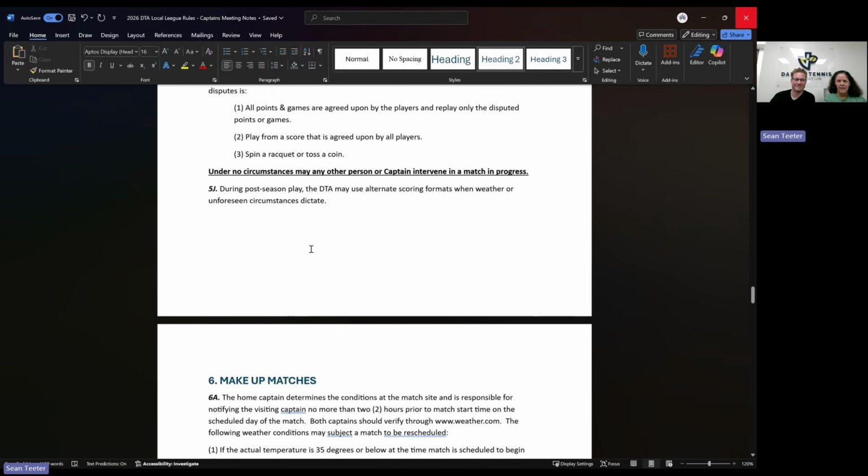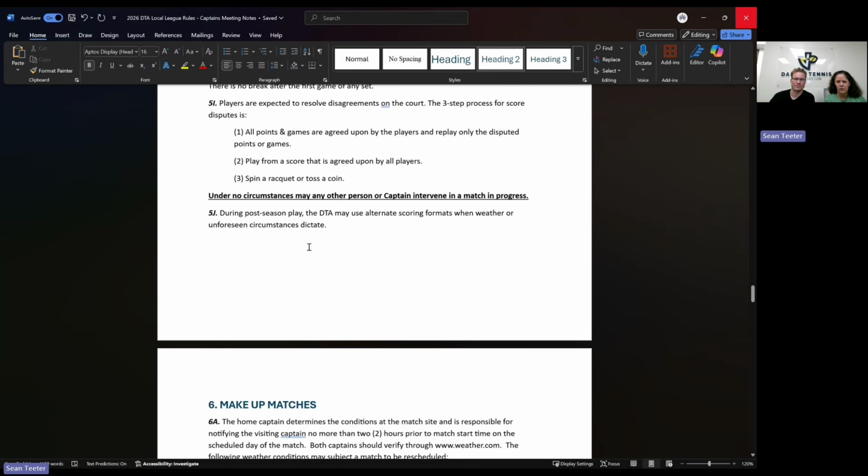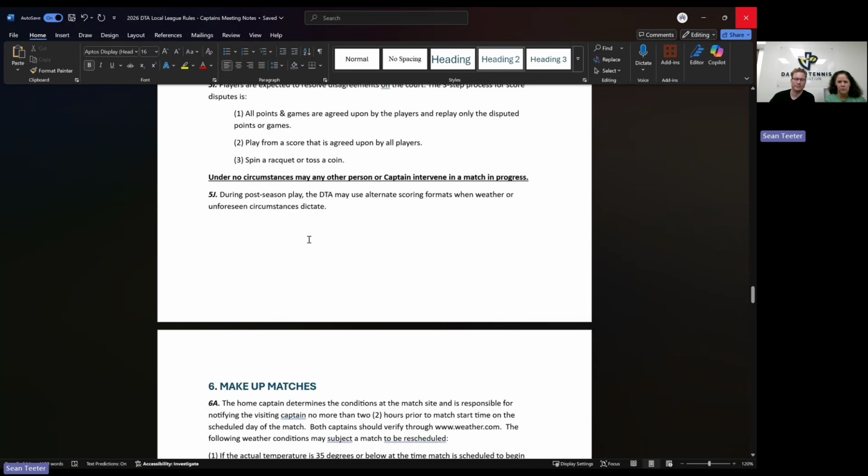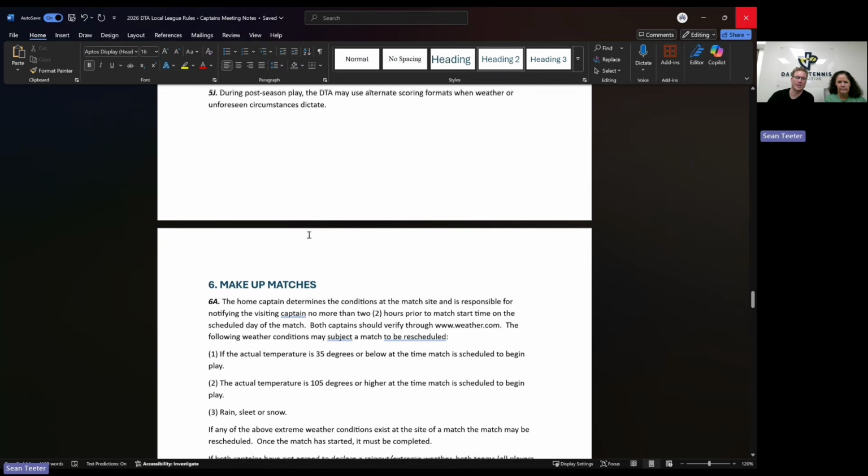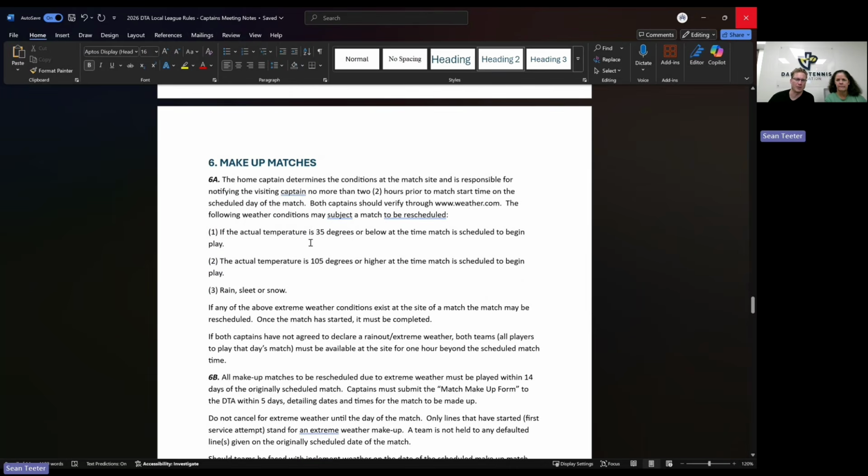All right. And if there's ever a dispute on the court, only the players on the court can resolve that dispute. Spectators, the captain, no one else can get involved. Only the players on the court. They have to figure it out on their own. And we do have guidelines here to show you how to resolve those disputes. And in our experience, most disputes that happen are from a lack of knowledge of the rules. So one of the things we just want to really reinforce is know the rules, know our rules, know friend of court rules. The better you understand them, the less disagreements you will have on court.